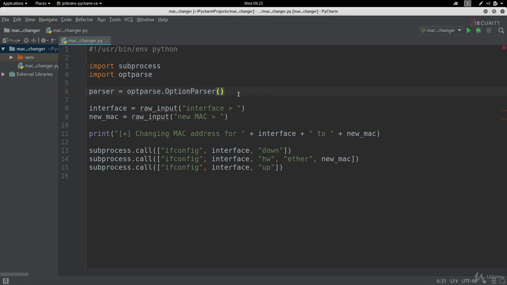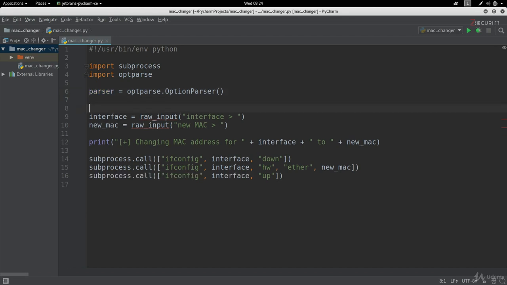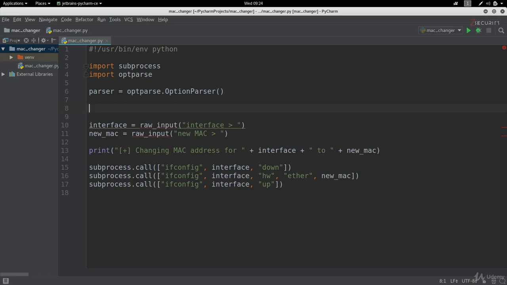parsing for us. Now you can think of this parser object as a child. So it has all the abilities that it inherits from its father, which is the class, to handle parsing. But since it's a child, we still need to tell it what kind of arguments to look for and how to handle them. So we're going to start teaching this child by doing parser